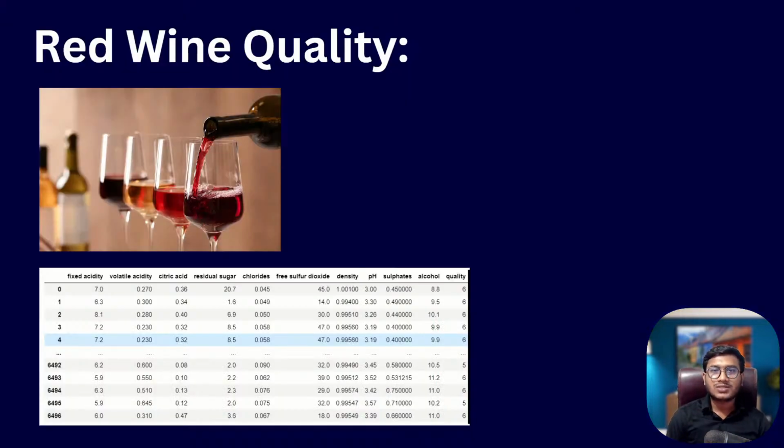So guys, the problem statement we'll be solving in this video is wine quality prediction. I think you are already familiar with this dataset, right? The wine quality prediction dataset is already available on the Kaggle website. If you just search wine quality dataset Kaggle, you will get it. In Kaggle, you will see lots of competitions going on with this dataset, the wine quality dataset,